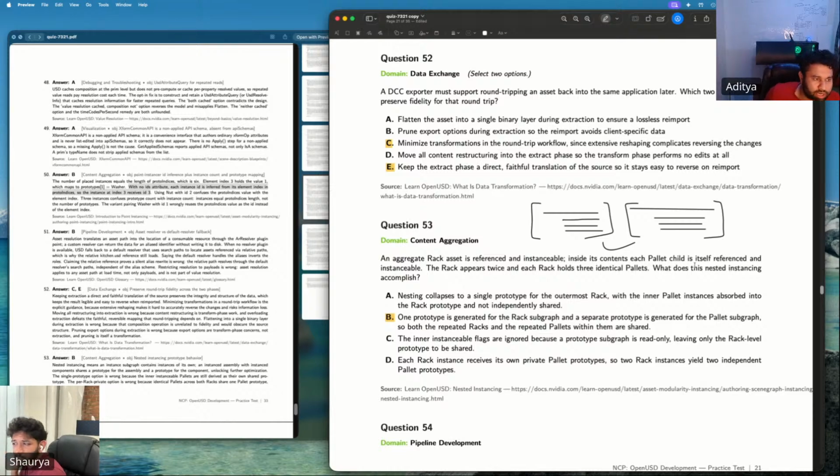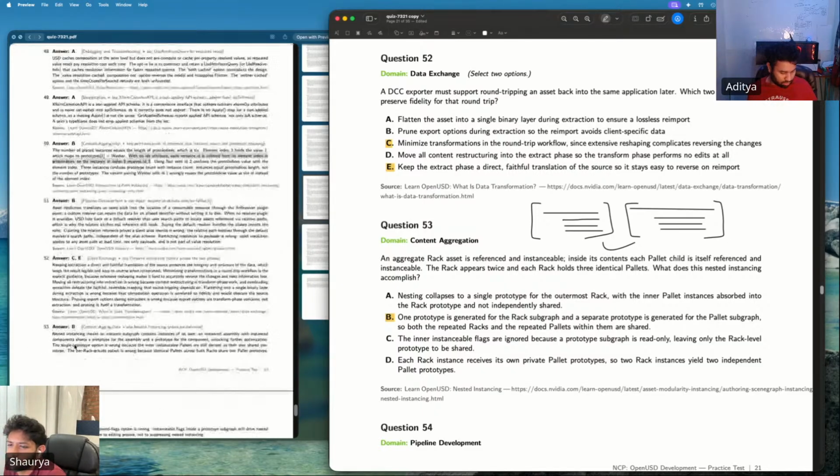One prototype is generated for the rack subgraph, and a separate prototype is generated for the palette subgraph, so both repeated racks and repeated palettes within them are shared. Yes, it was for referencing and instanceable instancing. 53 was right.